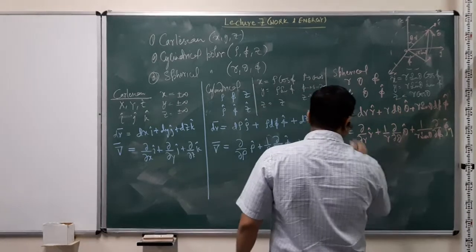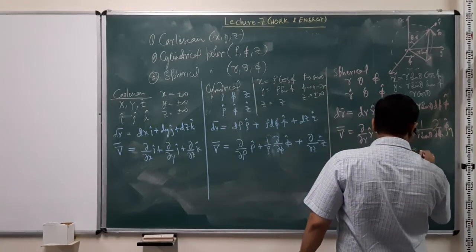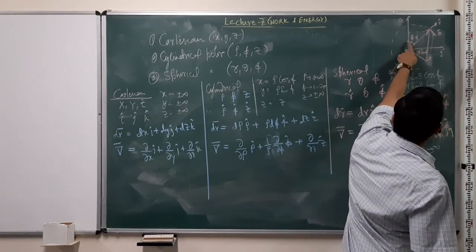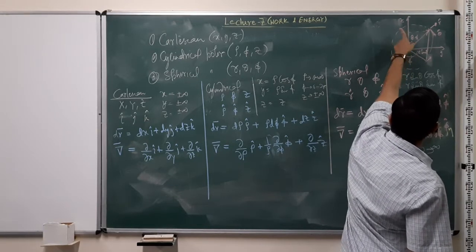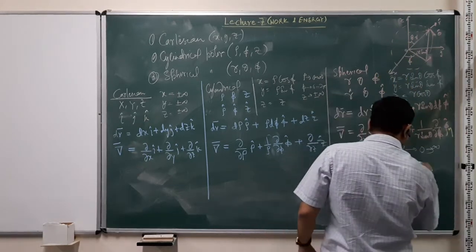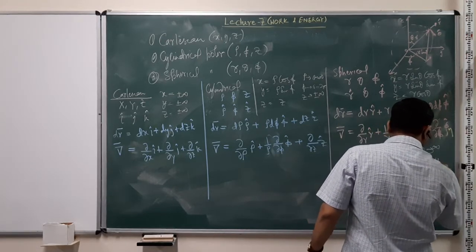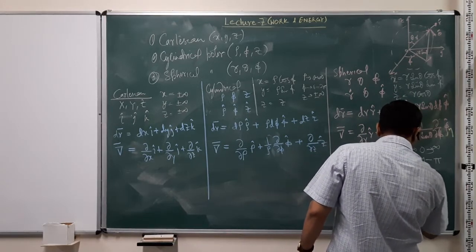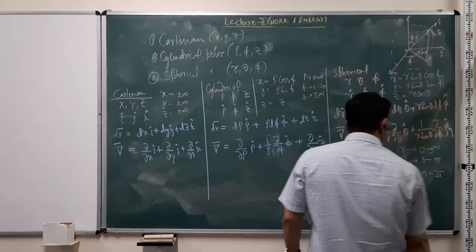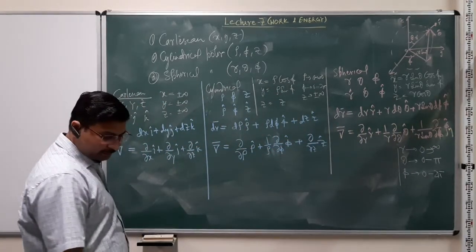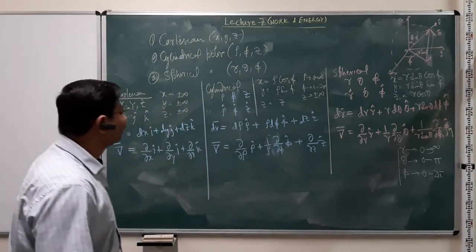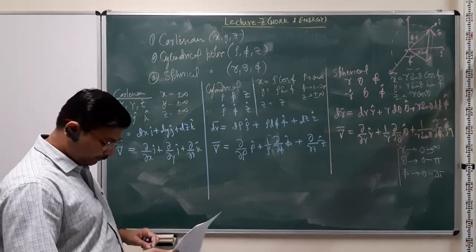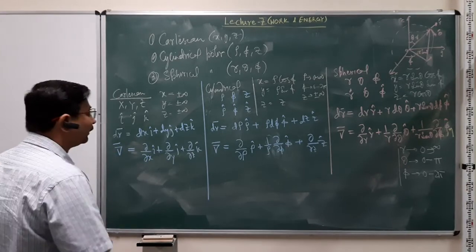Similarly, in the spherical one, the limits for r are again 0 to infinity. Theta is this angle, so it goes from 0 along the vertical z up to pi along the negative z. So it just goes from 0 to pi, and phi, again same as cylindrical polar, goes from 0 to 2 pi. So these are the limits. Of course, this is a lot of information which just needs to be known, and one should be aware of it and then use it appropriately wherever we require it.